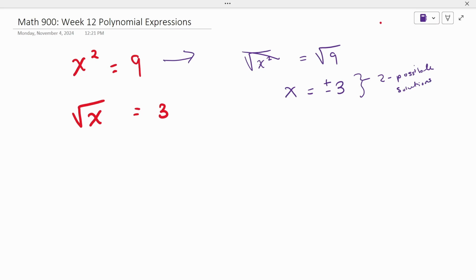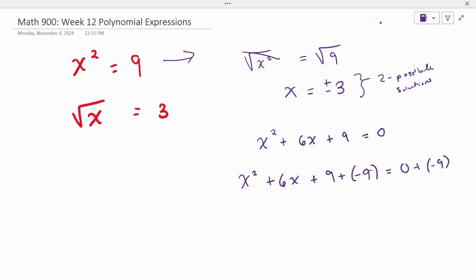However, while it's true that you can take the square root of both sides, consider what would happen if you had the following polynomial. Suppose you have the polynomial x squared plus 6x plus 9 is equal to 0. Now you're in some trouble, right? Because even if you add a negative 9 to both sides in order to isolate your x terms, you've got x squared plus 6x is equal to 0 plus the negative 9, which is negative 9. Now you've got this expression where